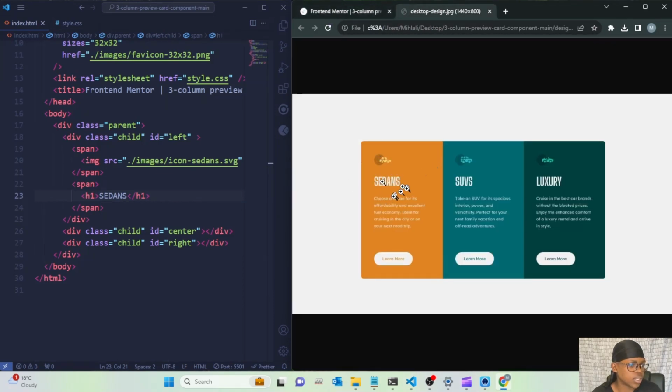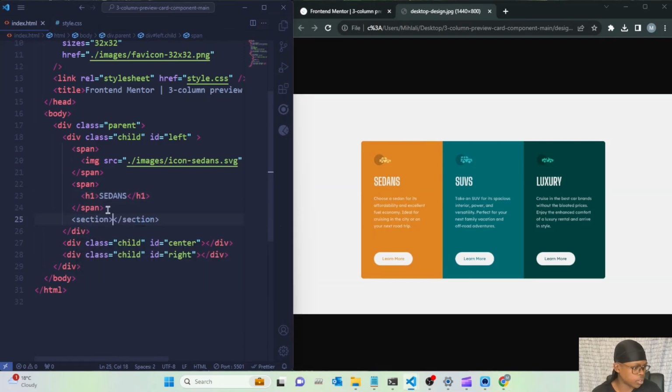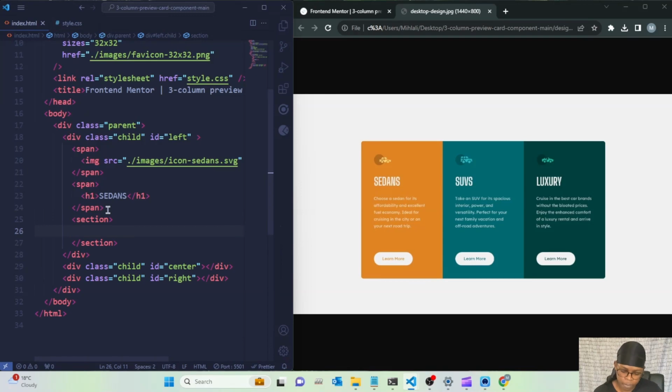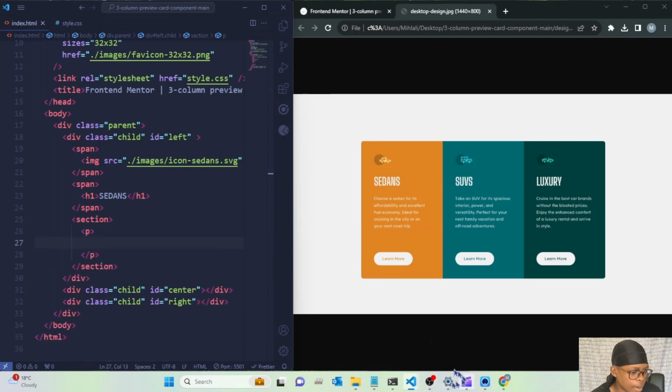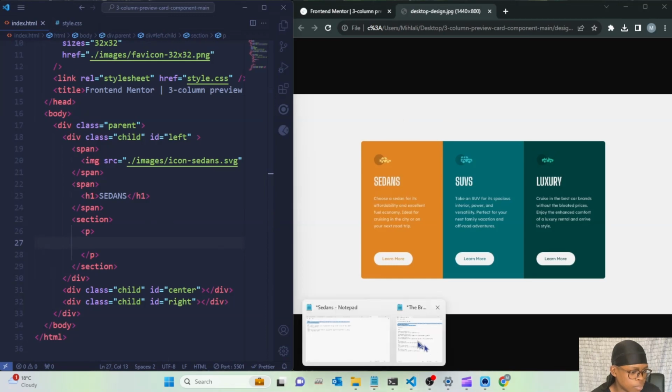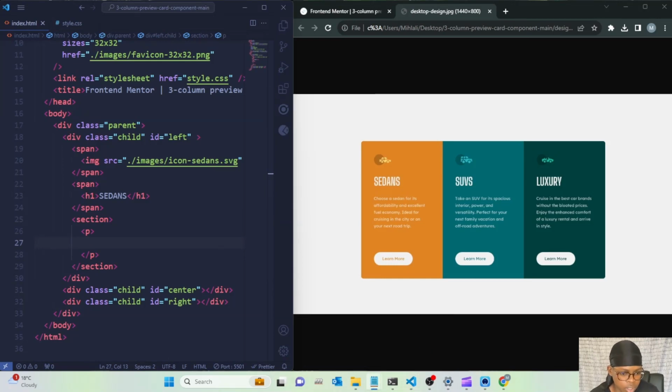Sedans. So 1010, right? And then here I'll just have a section with a paragraph tag, right? And I had copied the text that I'm gonna need for this, and I'll put it inside the paragraph tag,